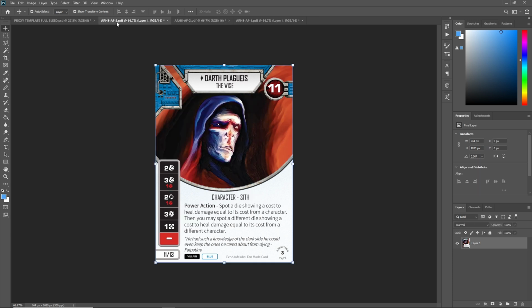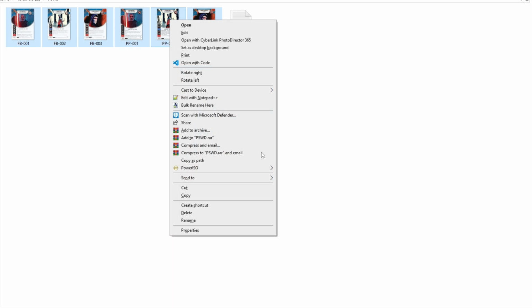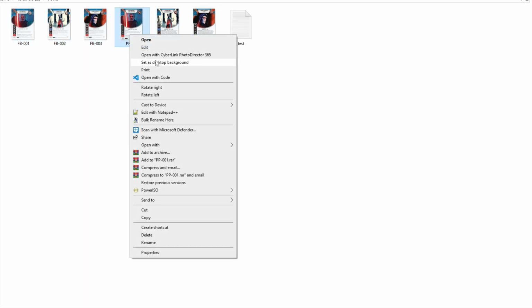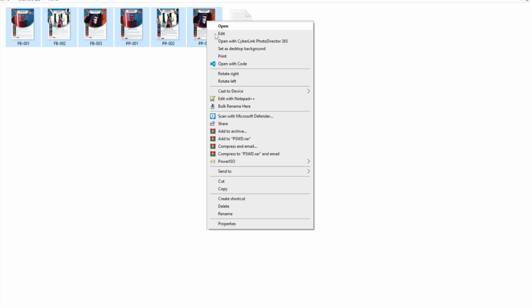usually the set number followed by the card number in the set. Yes, you can add the card name in there as well, but I don't usually find that's particularly helpful. But ultimately you'll want to find the way that works best for you. Once that's done, you then need to go to the folder in your computer where the files are stored, highlight